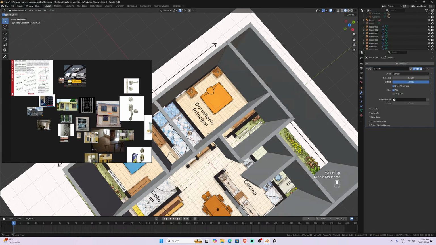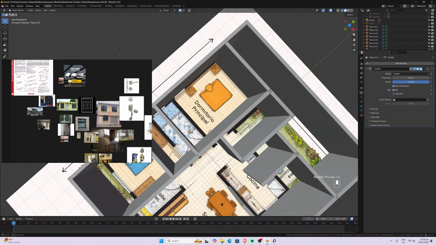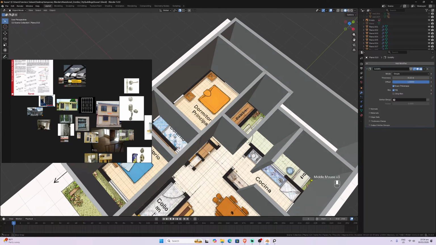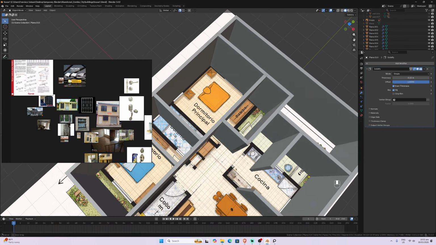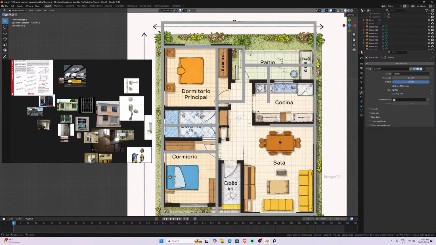Maybe we should leave all of this space for the room. What do you think? Yes, it is better. Okay, let me try to do that.